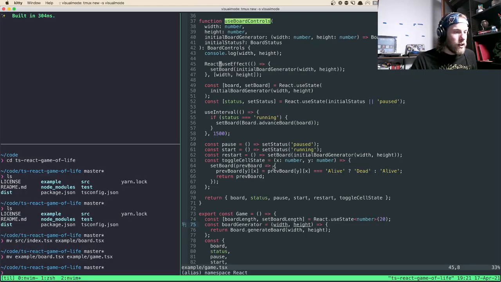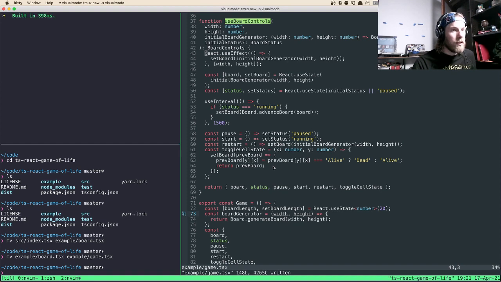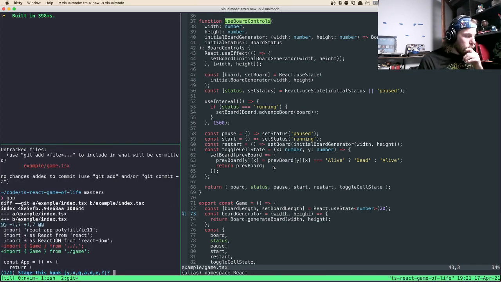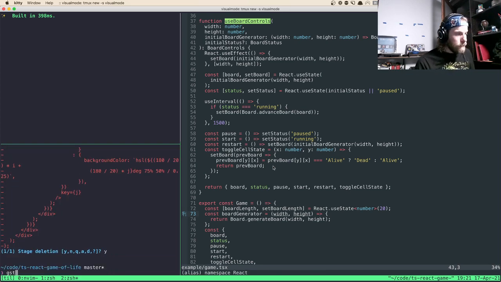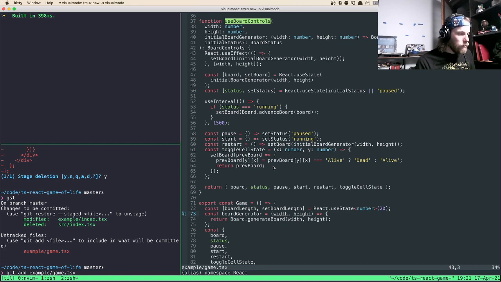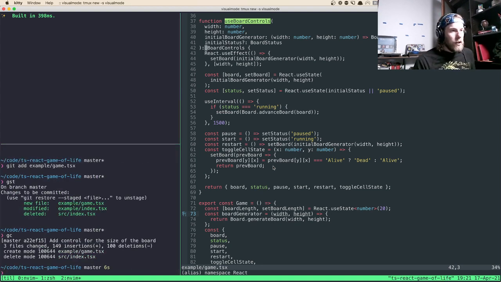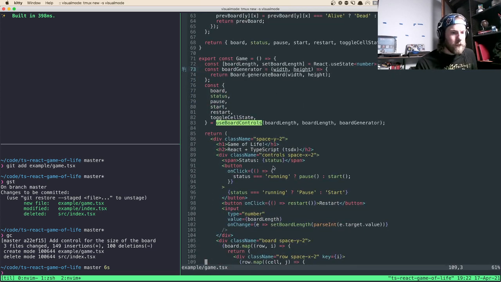So maybe I should get a commit in here. Get rid of that console log. Let's see. Yeah, we moved all of that. Add control for the size of the board. Cool. So now I'm wondering how easy it would be to